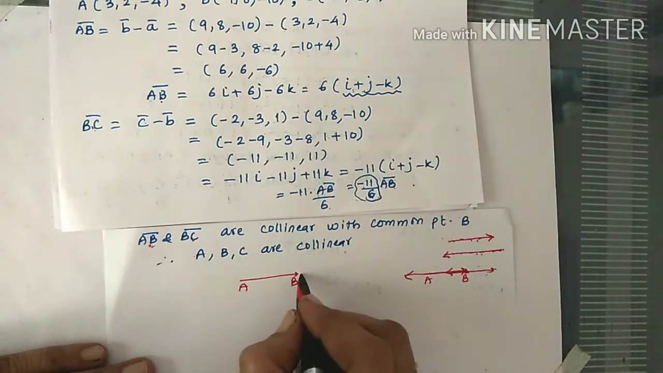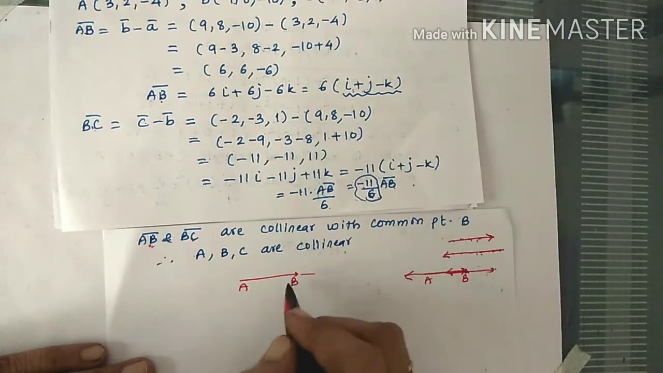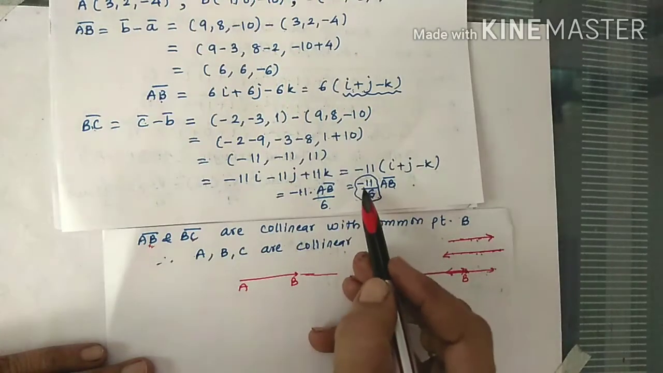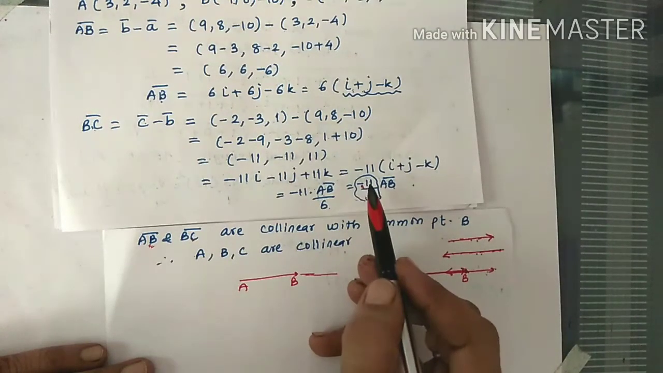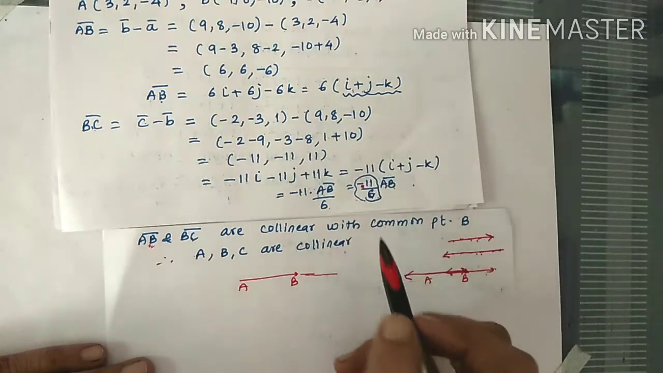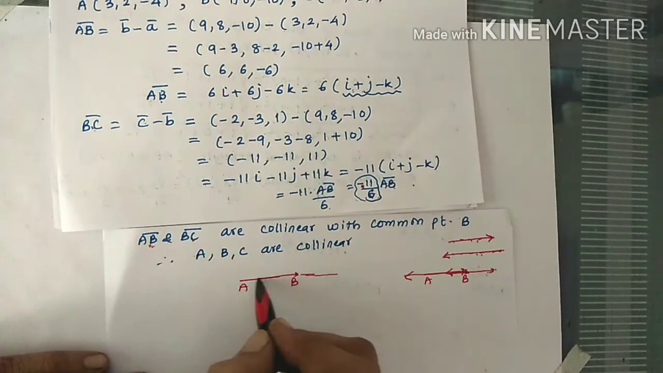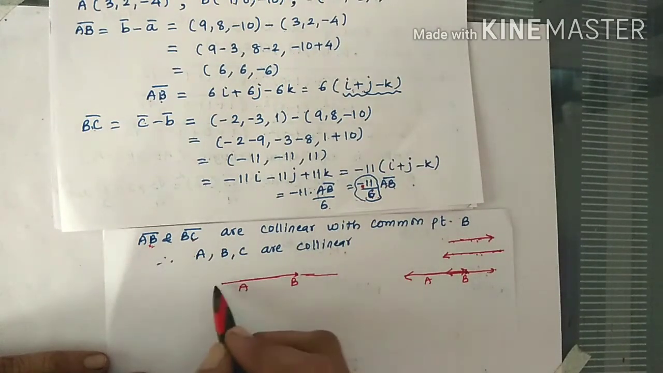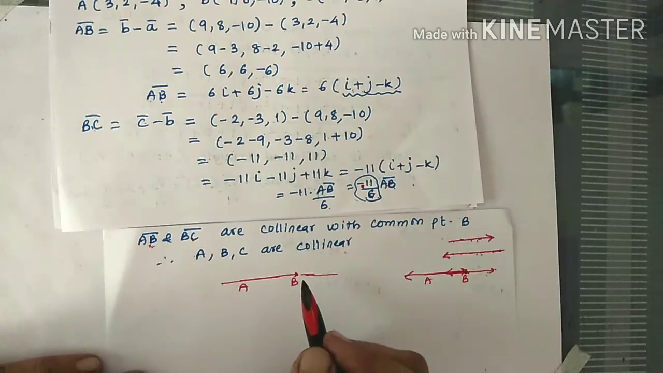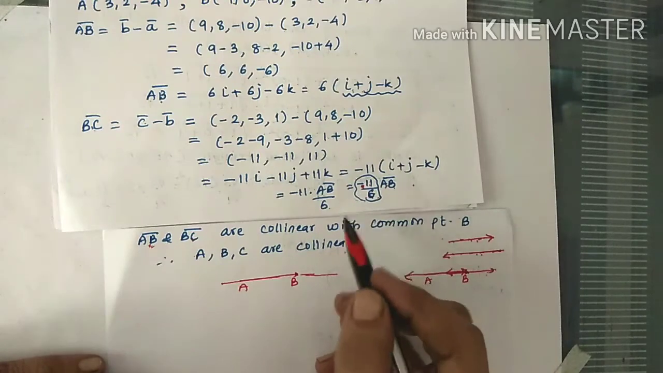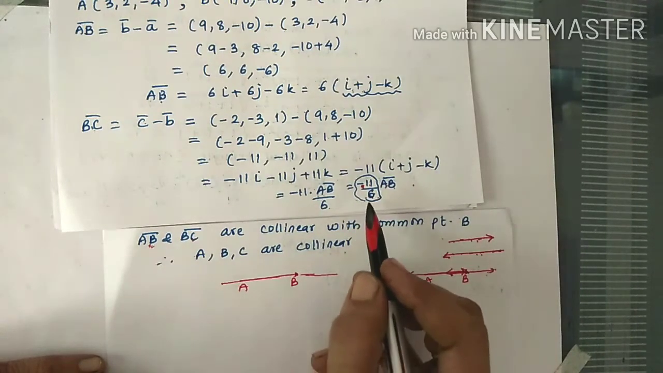So I cannot draw BC bar like this, because if I draw BC bar like this, that means AB bar and BC bar have the same direction. That is not the case as we have a minus sign here. So BC bar and AB bar are in opposite directions. That means BC bar I have to start like this. And as minus 11 by 6 is approximately minus 2, something less than minus 2,